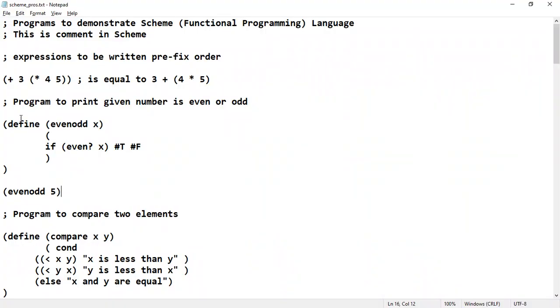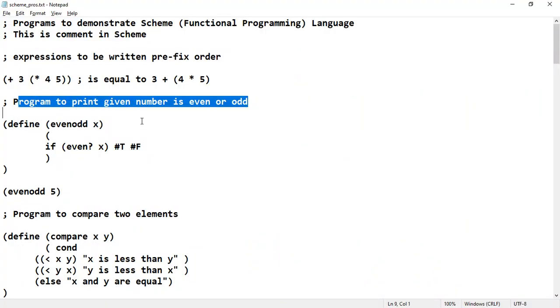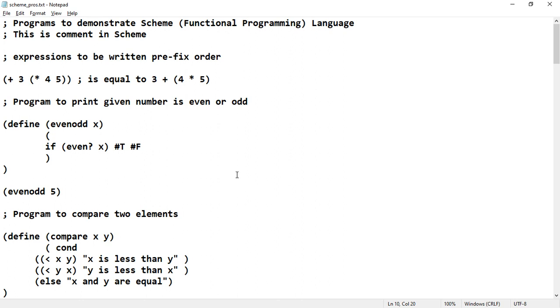Like that, another program to check whether a given number is even or odd. This can be checked via a predicate function called even. To define a function, define within brackets even-odd x. X is the input that you are providing to the function even-odd. Here the first parameter will become the function name, and the second parameter is the argument that you are passing to the function.